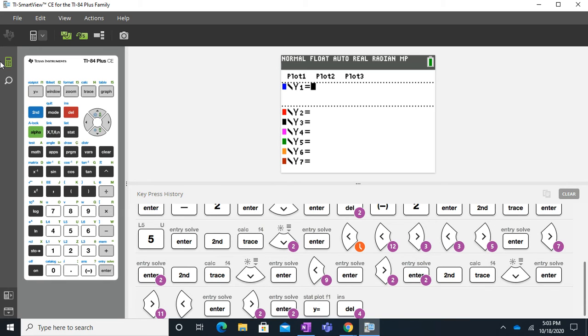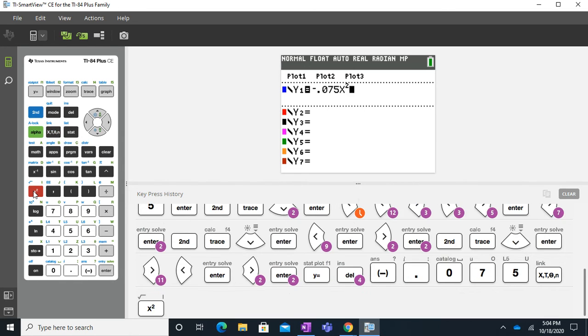And again, do it very, very carefully. When you're choosing in the negative, make sure you choose the negative, not the minus. So next to the enter, then 0.075. Make sure you have the 0 and the decimal point in the right spot. Here's your x. Here's your squared, plus 9x plus